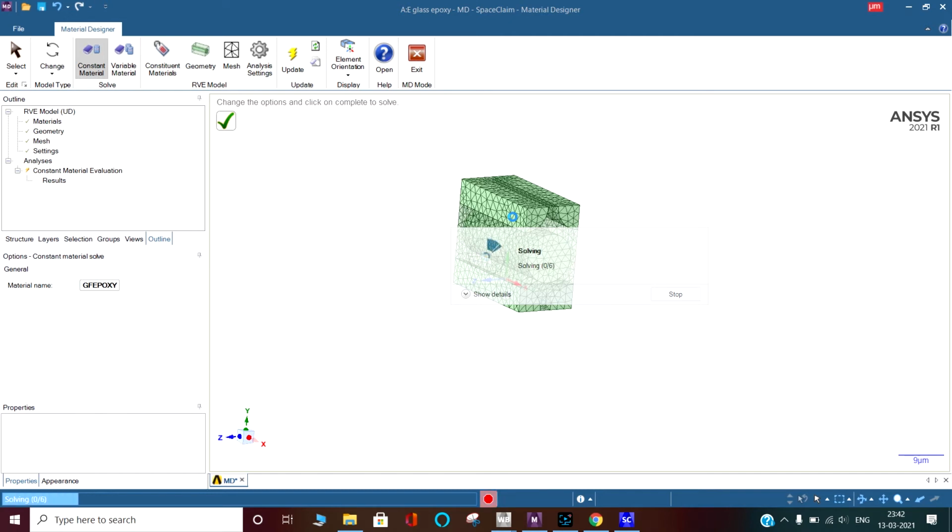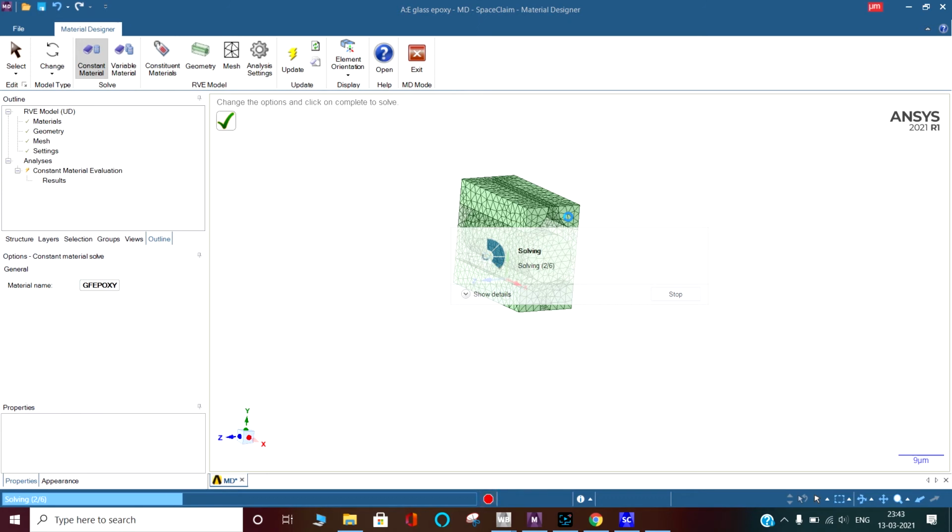Similarly, in equation 2, it will apply the second boundary condition, which is unit strain in the y direction, and it will solve the equation for the elastic constant. Similarly, in the z direction, and try to find out the elastic constants. Then in the fourth equation, it will go for the unit shear strain in the xy plane, then the xz plane, then the yz plane.